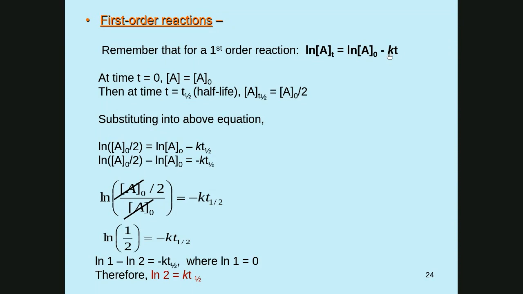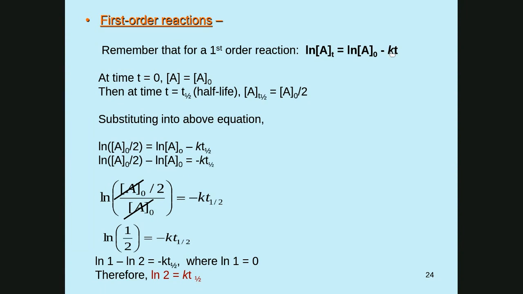Now, by definition, if we start with concentration A at time 0, we call that A naught. After one half-life, after a time has elapsed equal to T1 half, the concentration of A has dropped to half the initial value. So the concentration of A at time T1 half is by definition A naught divided by 2. Now, if we plug that into the general expression, the general solution of the rate equation,